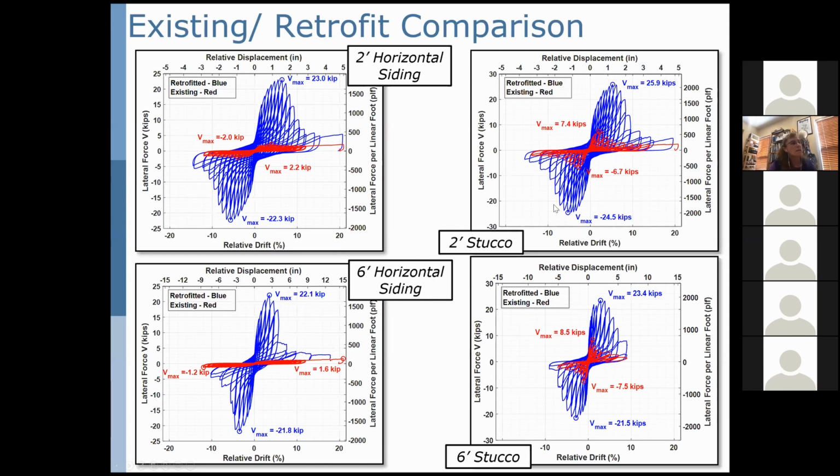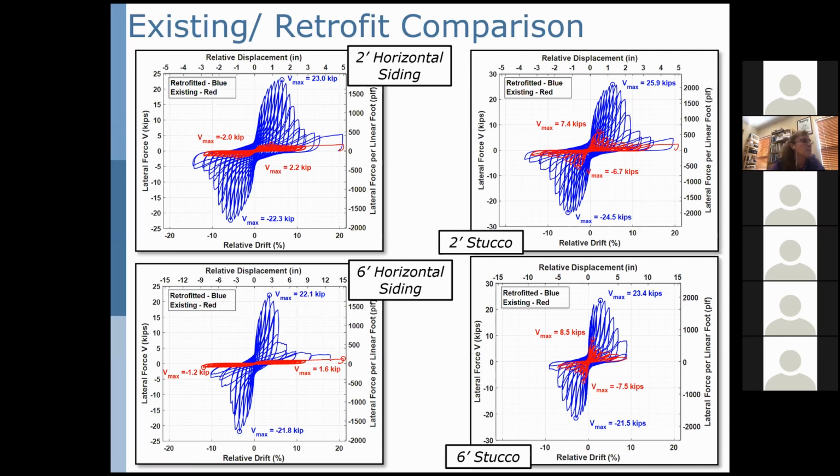These were the most common pairs that we had decided were of highest priority. The horizontal siding being the softest specimens, you can see a huge increase due to the increase in strength and stiffness, and even deformation capacity due to the presence of the retrofit. Clearly the mode of failure is dramatically modified and is focused on